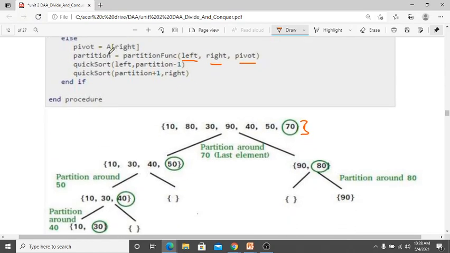As per this pseudocode we select the pivot, the last element of the array, which is 70. We do the partition around 70. Whatever elements are less than 70 should be on the left-hand side: 10, 30, 40 and 50. And the elements more than 70 are 80 and 90.